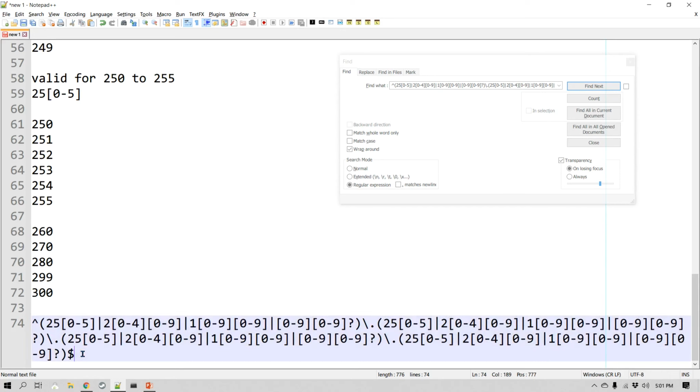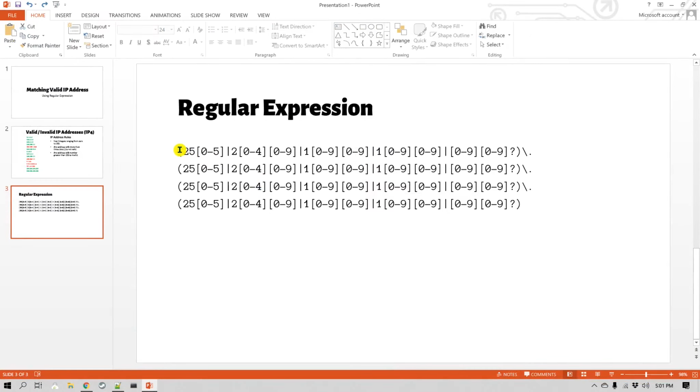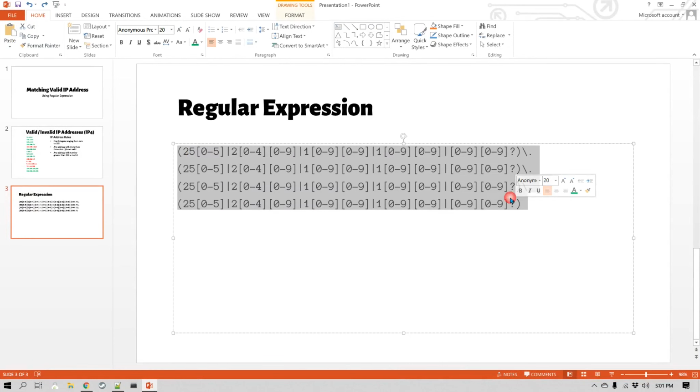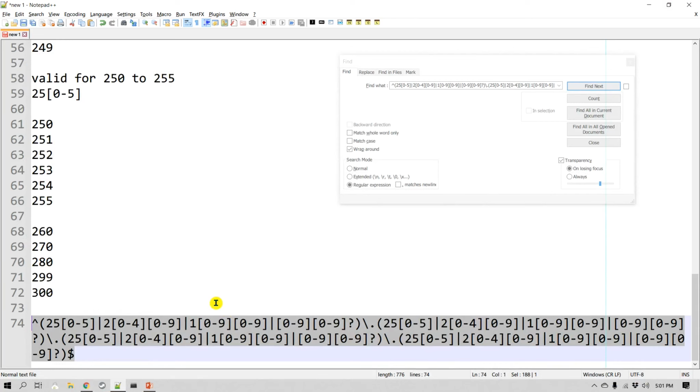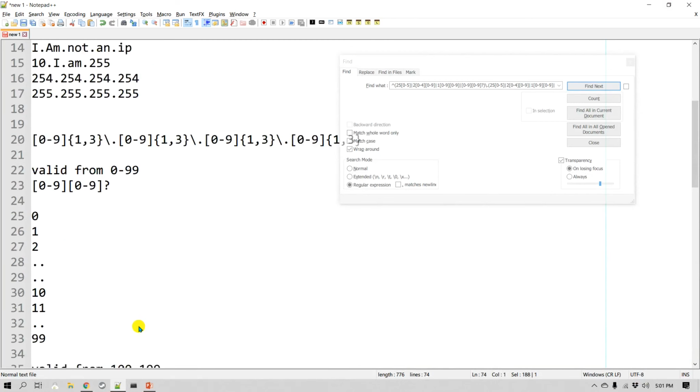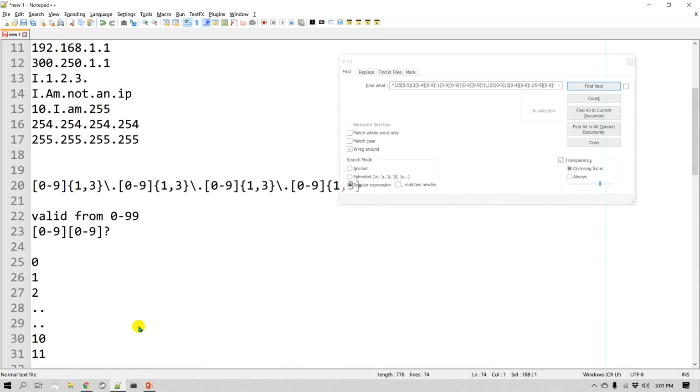But again, sometimes in regular expressions, simplicity is better than making it really complicated but very difficult to understand. This is exactly the same as the one that I showed right up front. I just divided that into 4 lines.